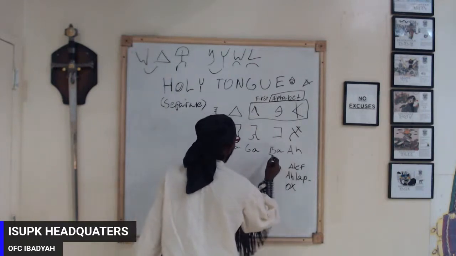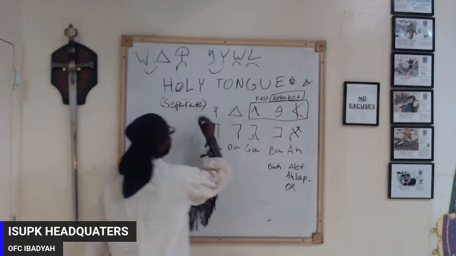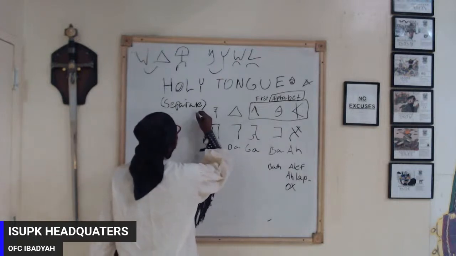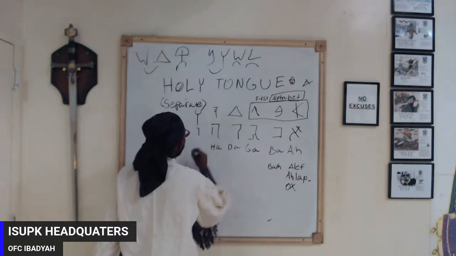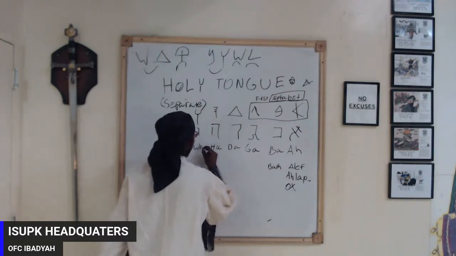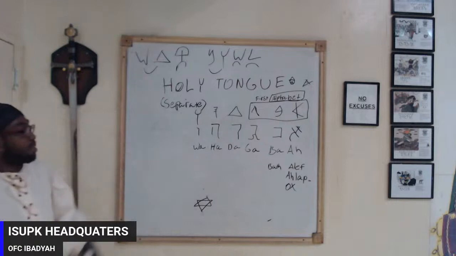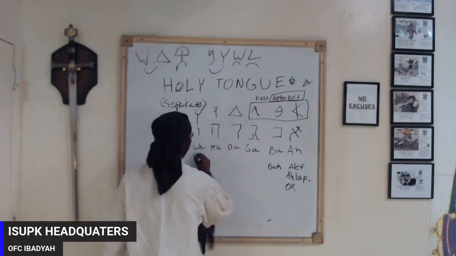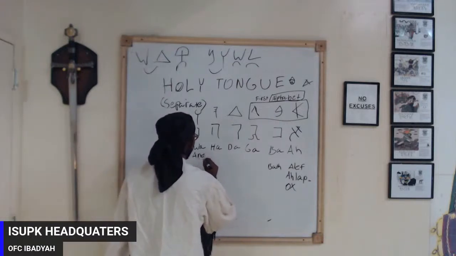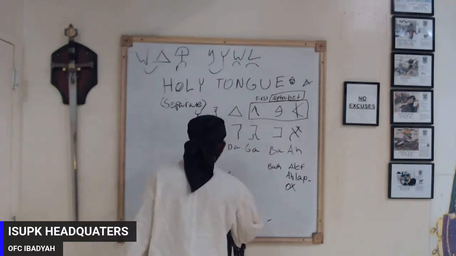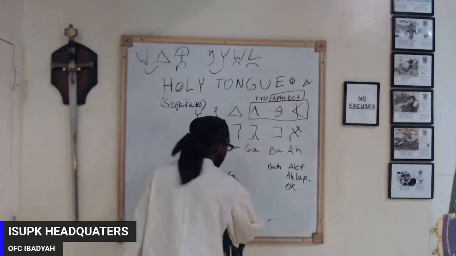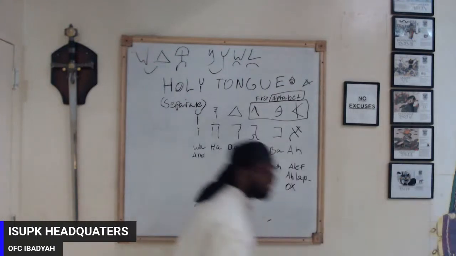So far we got ba, ga, da, ha. Now this is what I wanted. Wa. Wa, as a preposition, is and. David's name, when you literally write it, is either. There's what you'll see,